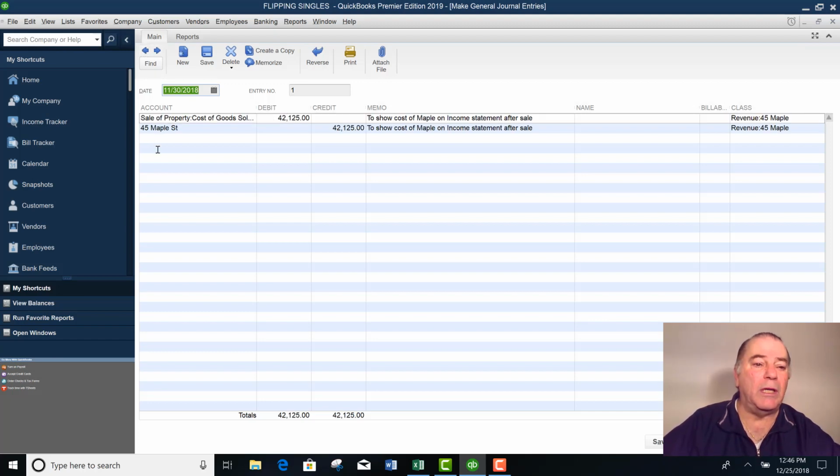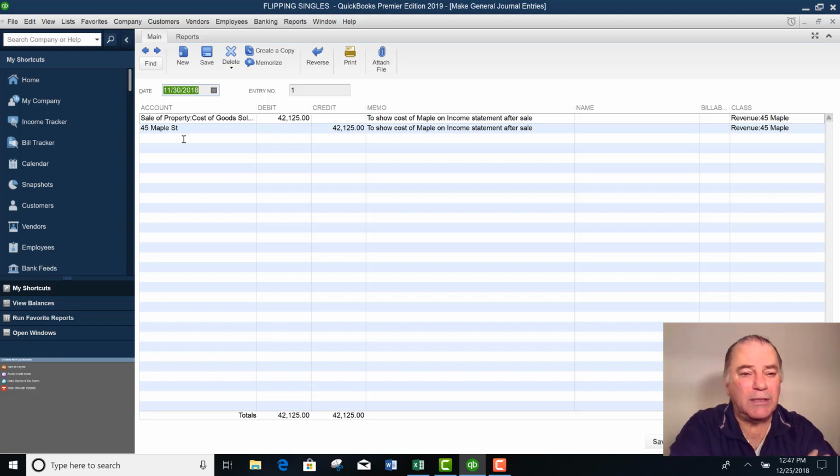Sale of property, cost of goods sold, 45 Maple. I brought all of the expenses that were added into the property, and I knew what they were because I broke it down by class. 42,125 to show the cost of the Maple on the income statement after sale. And then I credited 42,125, which was everything. It shows up as the asset on